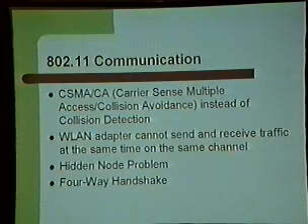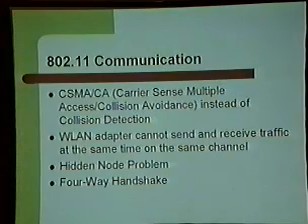So 802.11 communication, how does it work? Well, as everybody's aware, in Ethernet you have carrier sense multiple access with collision detection, CSMA/CD. Well, 802.11 uses CA, or collision avoidance. And the main reason for that is there's two. One is a wireless LAN adapter cannot send traffic and receive traffic at the same time. So the way collision detection works is it's sending and listening to see when there's an open space on the network. Since a wireless LAN can't do that, it doesn't know that when it's sending traffic that it really isn't supposed to be sending traffic. And then there's also what's called the hidden node problem. And the solution that everybody came up with, collision avoidance, uses a four-way handshake.